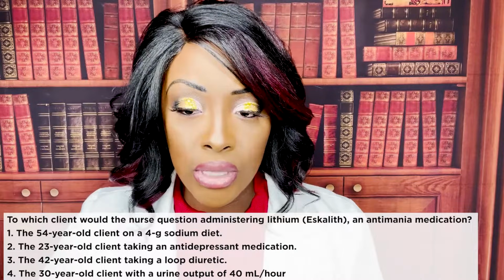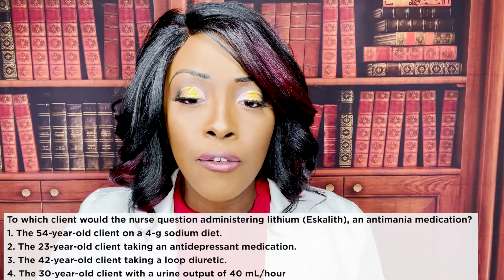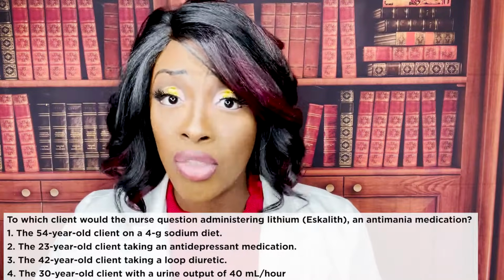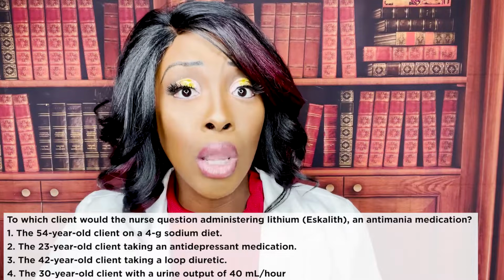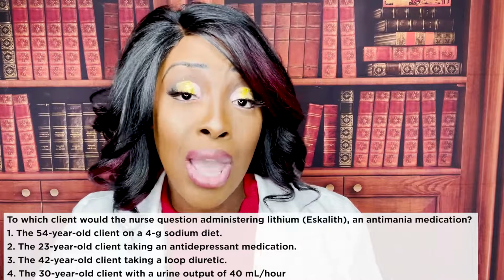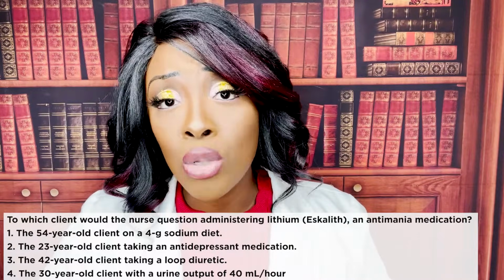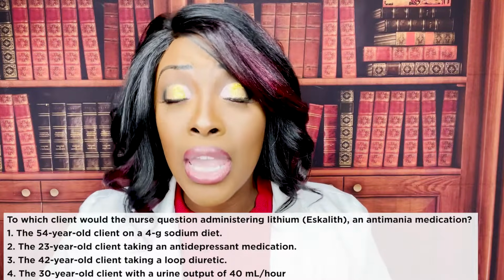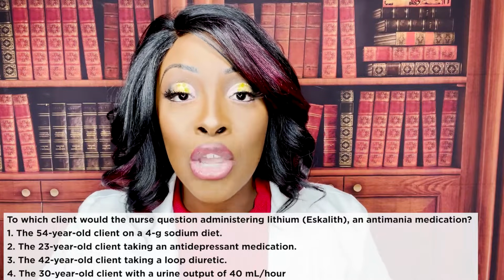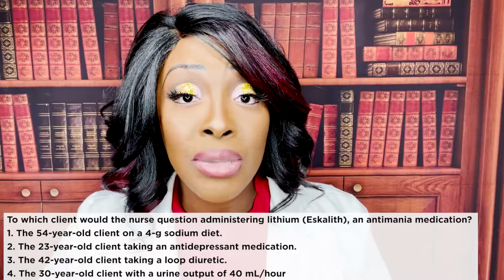Now let's look at our other choices. 1, 54-year-old on a 4-gram sodium diet. Well, that's good because we know if the patient's taking lithium, we do not want their salt level to be too low, right? Because that can cause toxicity. And we don't want it to be too high. Let me talk to you about the other end, guys. When a patient's sodium is too low, it can cause toxicity. But when it's too high, it can do the opposite. It can cause the patient to have a subtherapeutic level of lithium, and that medication will not be as effective